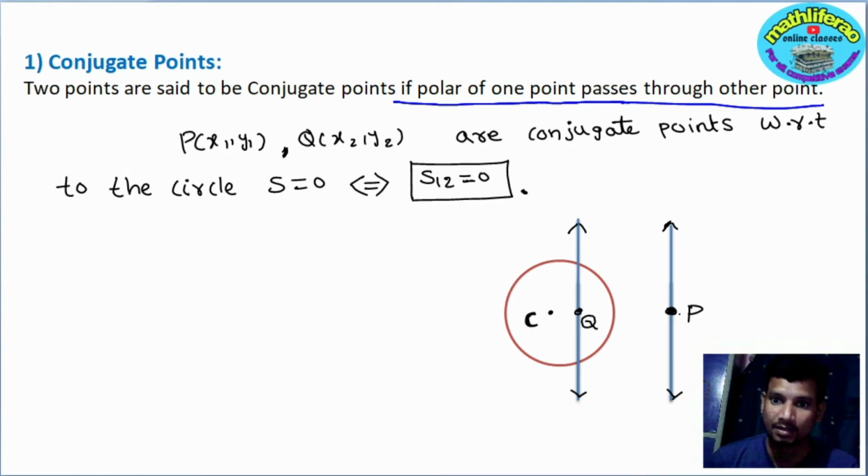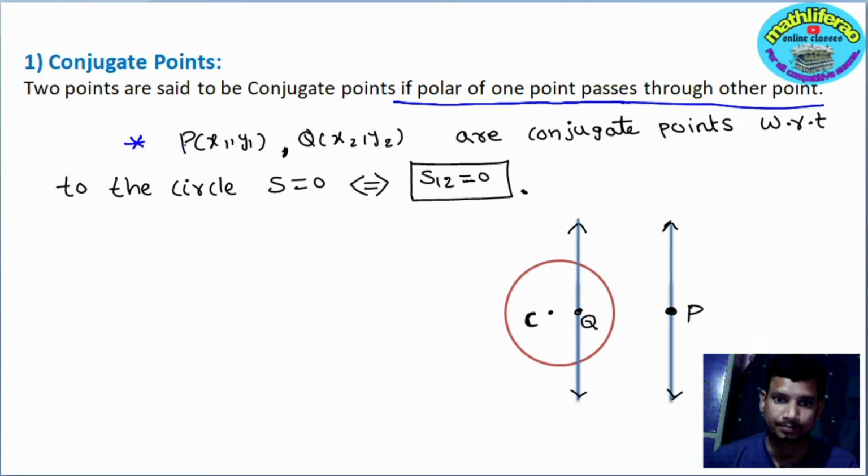So here let us consider the two points P and Q. The polar equation of P passes through the Q point, and the polar equation of Q passes through the P point. Then the P and Q points are said to be conjugate points. So here the condition,